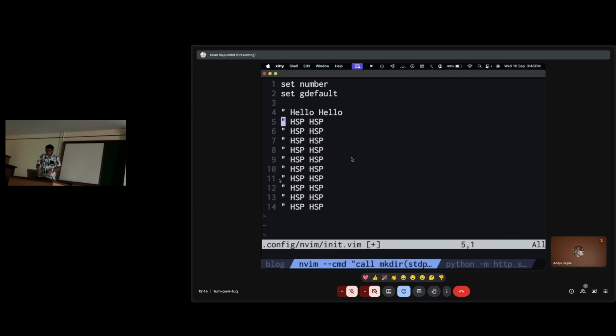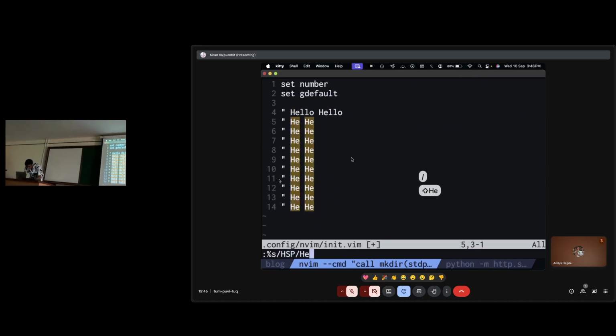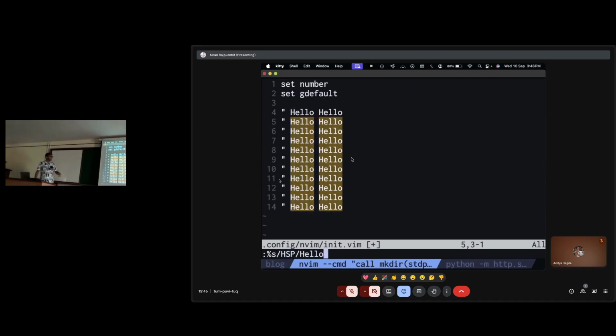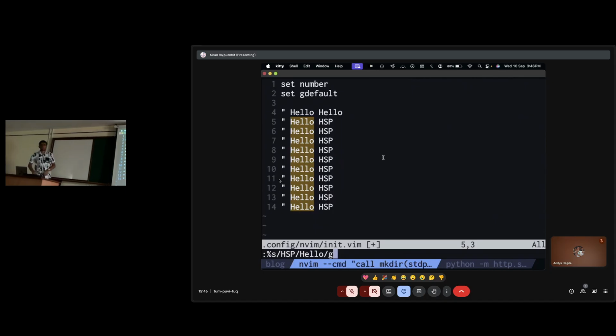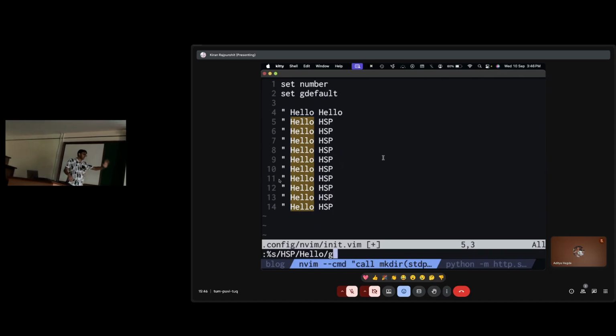So I'm going to use the percentage, say hsp, and replace it with hello. But actually, this time I did not want all of them. I only wanted one of them. So slash g's function is now inverted. Now if I provide slash g, it's just going to use the first match. Has everybody followed so far?